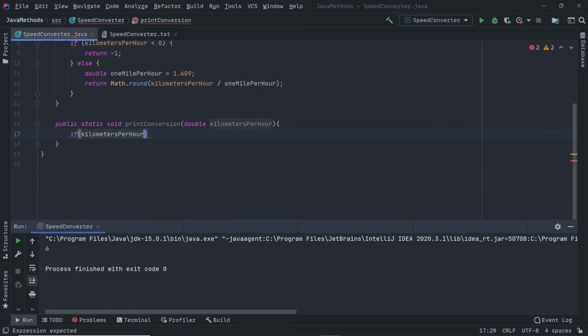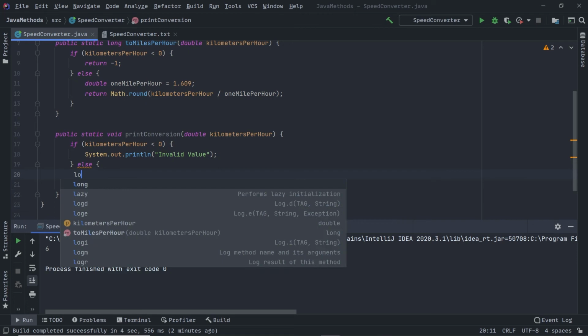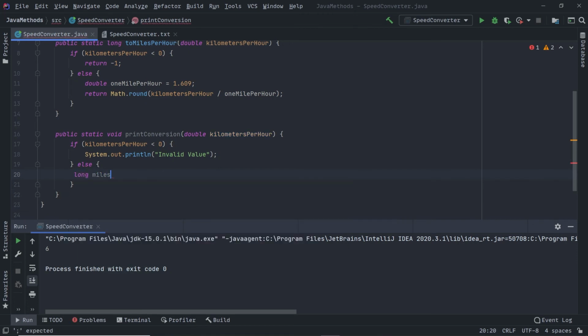If kilometersPerHour is less than 0, then sout invalid value, then else we can proceed and write, we would take a long milesPerHour equal to, as we are expecting a long value that we are getting here, toMilesPerHour, and we need to pass kilometersPerHour, the local variable in here.